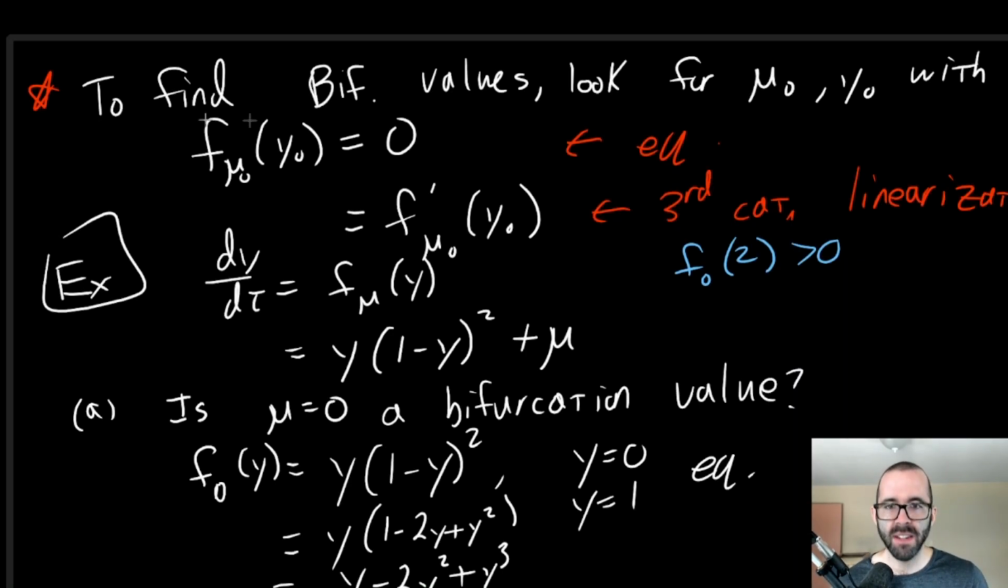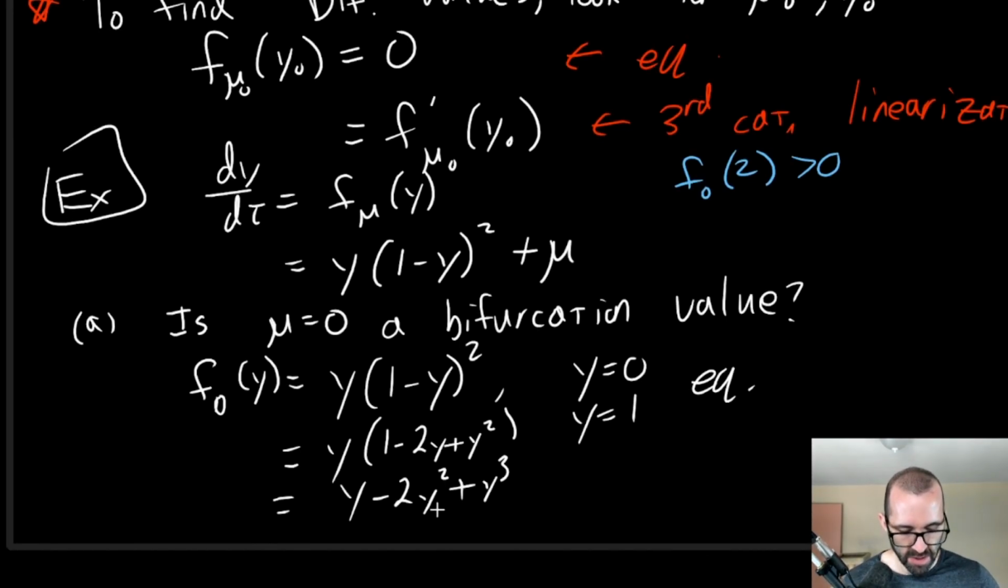Okay, so how do we find whether there are other bifurcation values? To do that, we're going to go back to this nice red star. We're going to try to make sure that we have an equilibrium and that we're in that third situation for the linearization theorem. So we have our function. I'll scroll down a little bit, right? And for any mu,